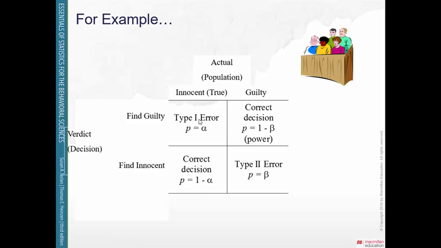There's news stories where somebody's been in jail and then with DNA evidence or some kind of evidence, they realized, oops, we have the wrong person, and they let them out. This is a type 1 error or false alarm. We find the person guilty based on our data or evidence in court when in fact the person was innocent. And this is just like a type 1 error